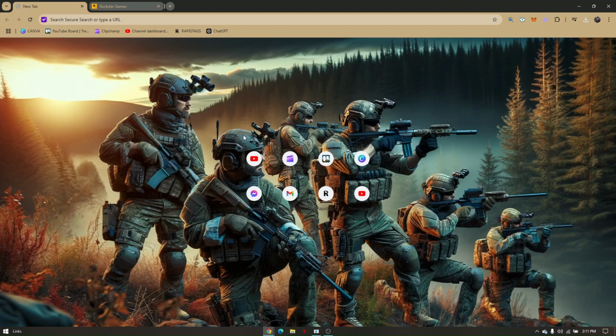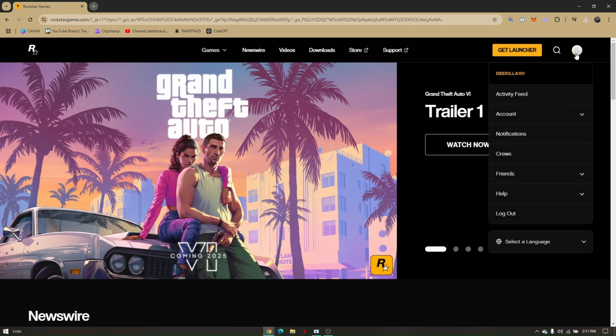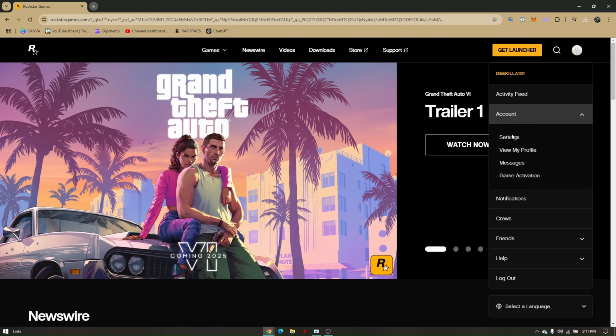Now, you'll just have to access your Rockstar Games launcher and then go to Manage Account, and you will automatically be routed to the Rockstar Games website. Now, if we go to our profile and then head directly to Account and Settings,